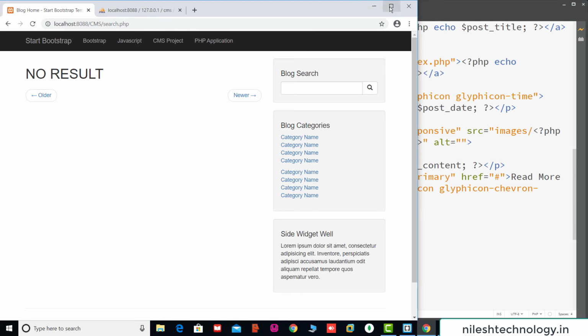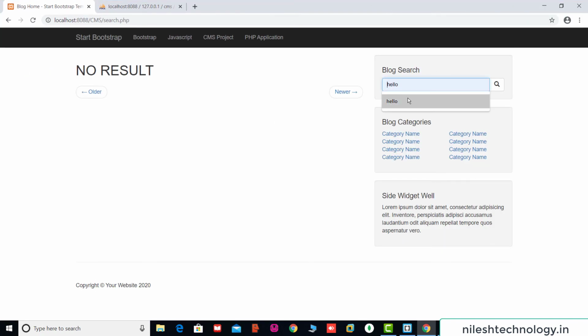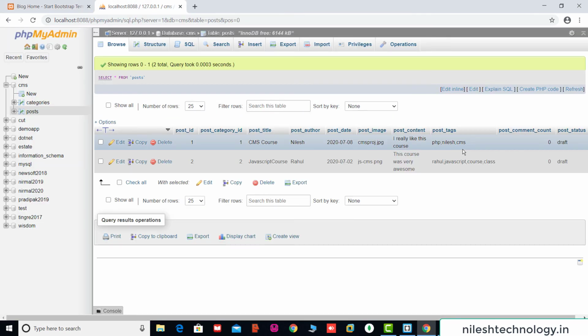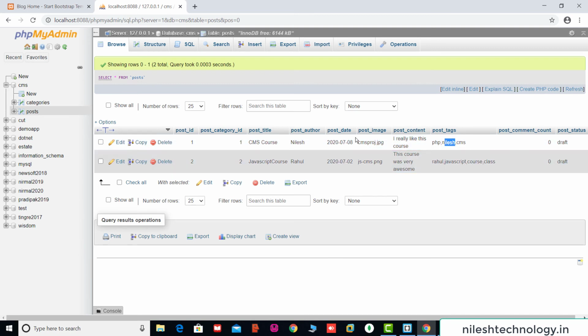See here, if you type hello and enter, this is the no result. And if you type Nilesh and enter, then see only one tag shown in this search box. Check the database again: when you enter the post tag Nilesh, it only shows the first row result.